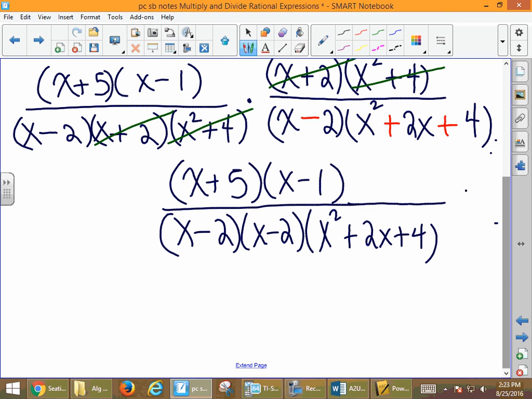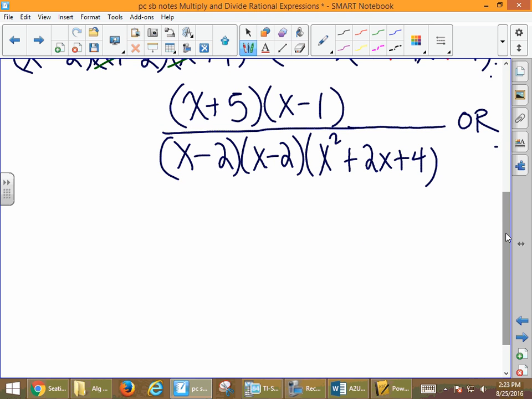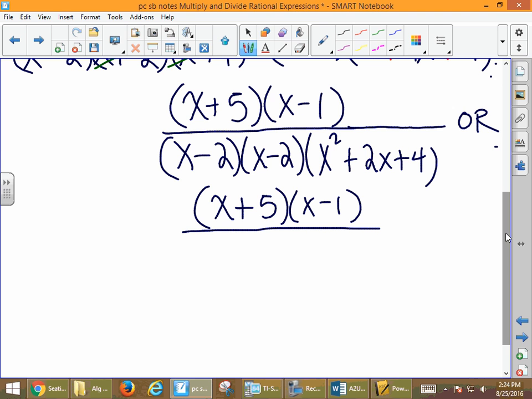I'm fine if you write it that way. But if you would like, we can condense it down just a little bit more. As x minus 2 squared times x squared plus 2x